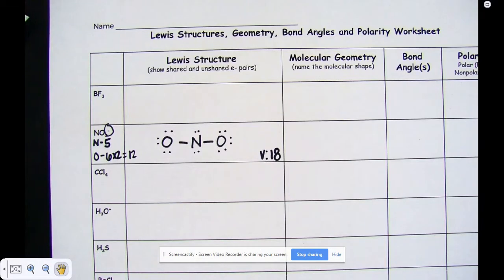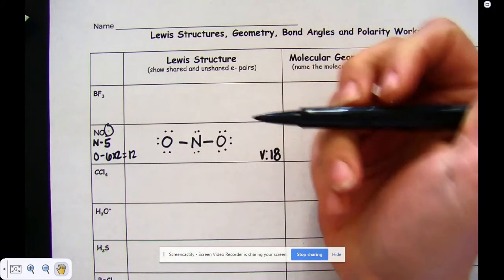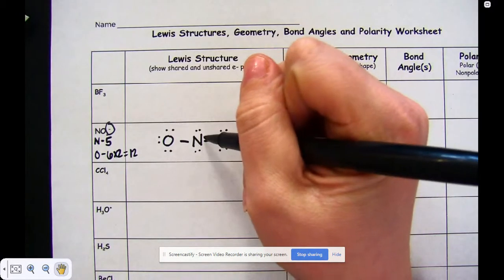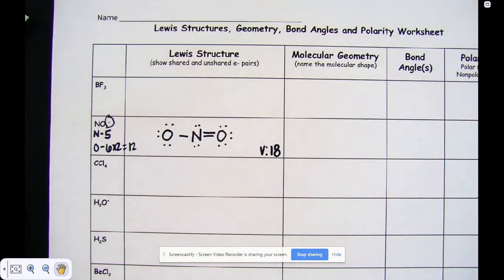So I've used 20 electrons, which is too many. Okay, if you've used too many electrons, that means that you're going to need to add a double bond somewhere. So it doesn't matter which oxygen I pick, okay? There will be, obviously, in this case, resonance structures. So I'm going to pick to put a double bond between these 2 pieces right here, the nitrogen and the